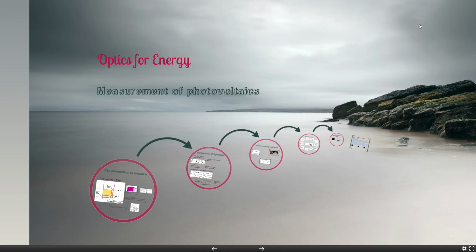Okay, so today's goal was to go through 2 topics. The first topic is the idea of measurements in photovoltaics, and in particular, measurements that are related to optics. That is very useful to know if you ever go work in this industry, because some of this,